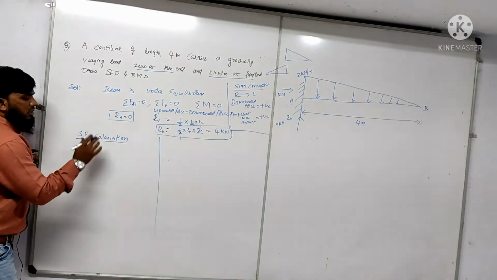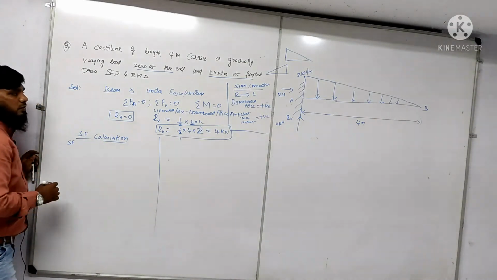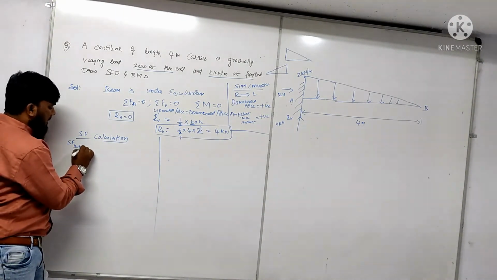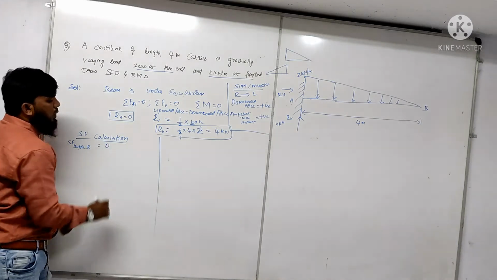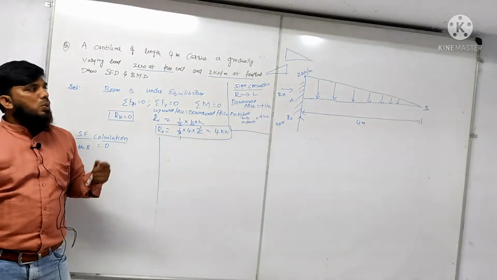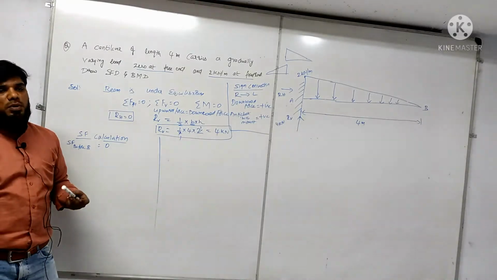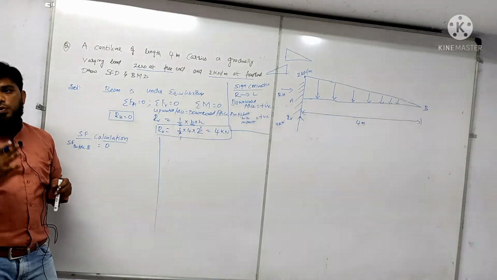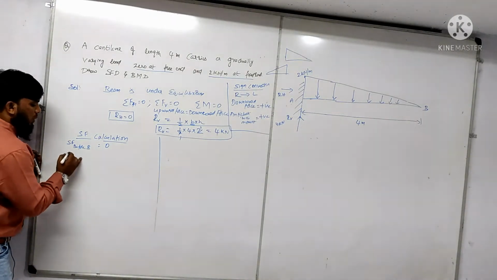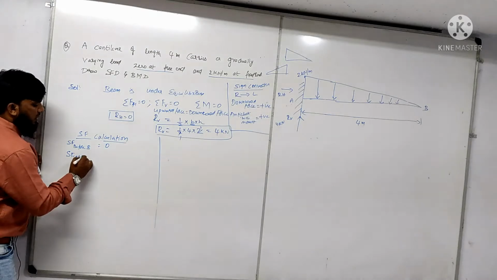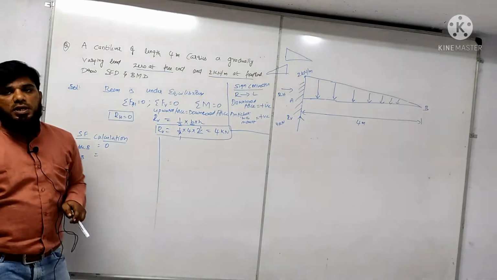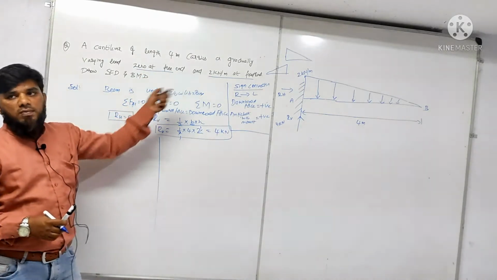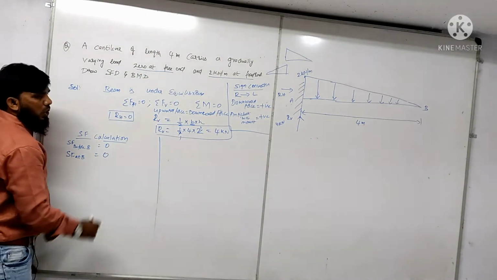Okay. Now let us solve the shear force. Now what are the points we are having? Shear force before point B is equal to 0 because there is no load before B. Before B means just the right side of B. We should not go very long. Since this is B, we should go just before the point B. So this is 0. Next is shear force at B. At B also there is no load acting. Here they have clearly mentioned 0 at the free end. So obviously the value of that will be 0.